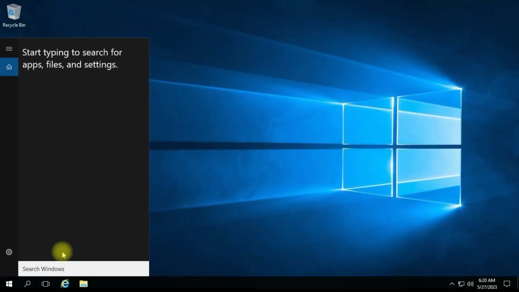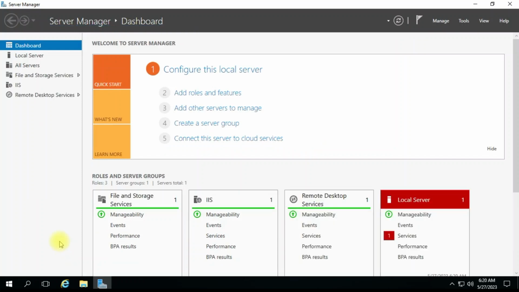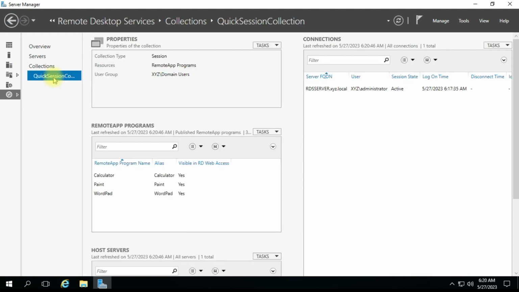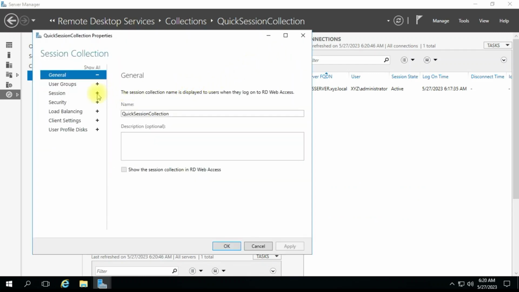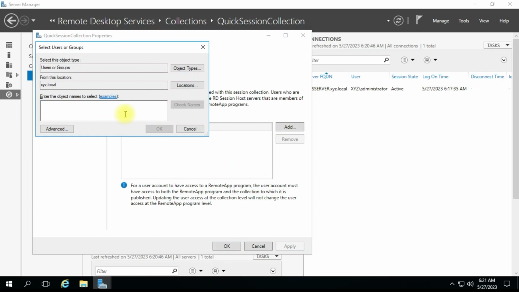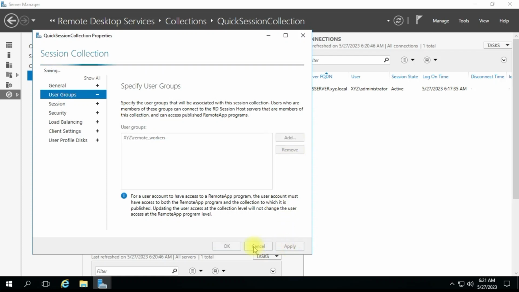Again, go to Server Manager, Remote Desktop Services, Quick Session Collection, Task and Edit. Now our remote group is a domain users, we need to change it. Remote workers, like you see. And after that you are able to remove domain users that are added here by default. So apply, OK,